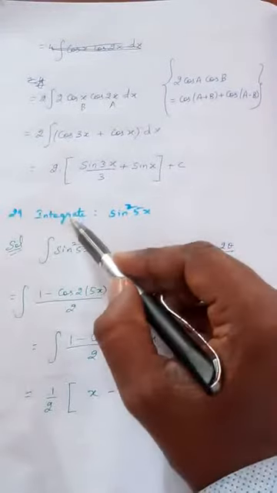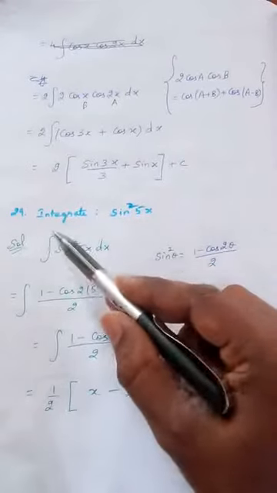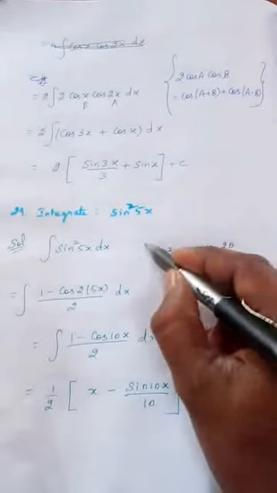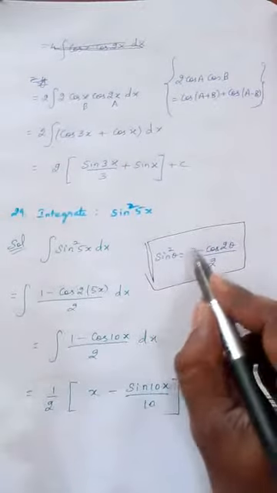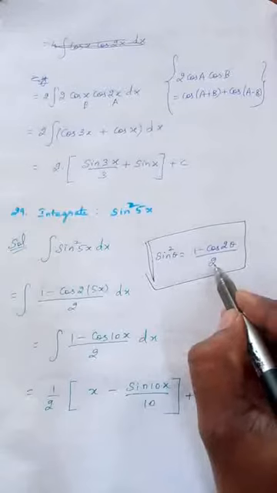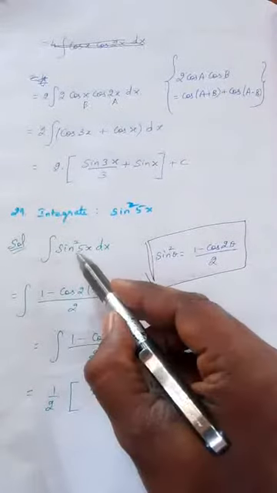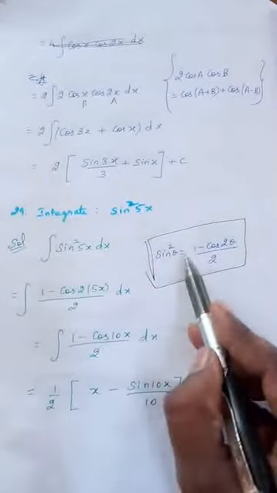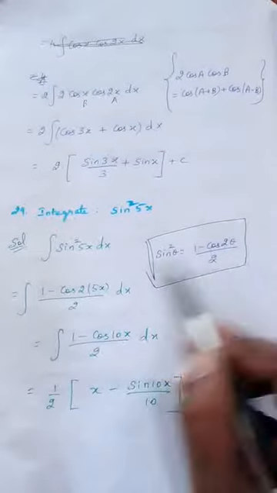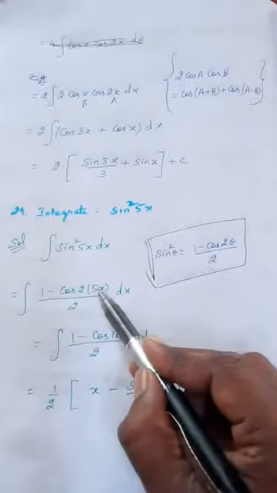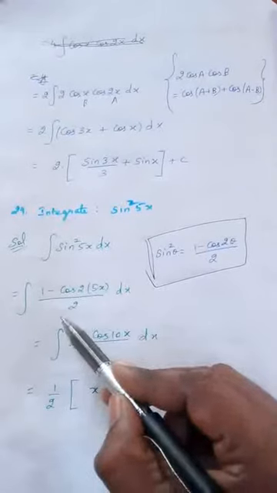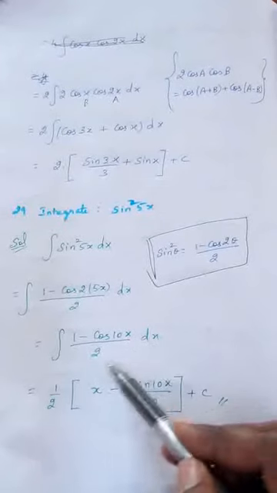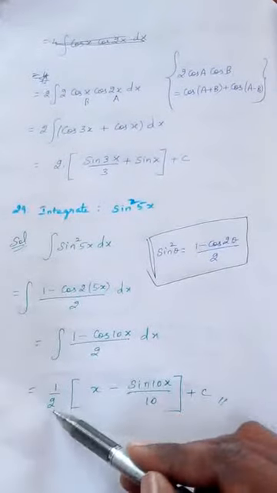Sum number 29. Integrate sin square 5x. So putting the integral symbol, sin square 5x dx. This is the trigonometric formula to be learnt. Sin square theta is 1 minus cos 2 theta by 2. So I am going to write it for sin square, with 5x in place of theta. So 1 minus cos 2, in place of theta put 5x, and then by 2, right? So 1 minus cos of 2 into 5x, that is 10x, by 2 into dx.